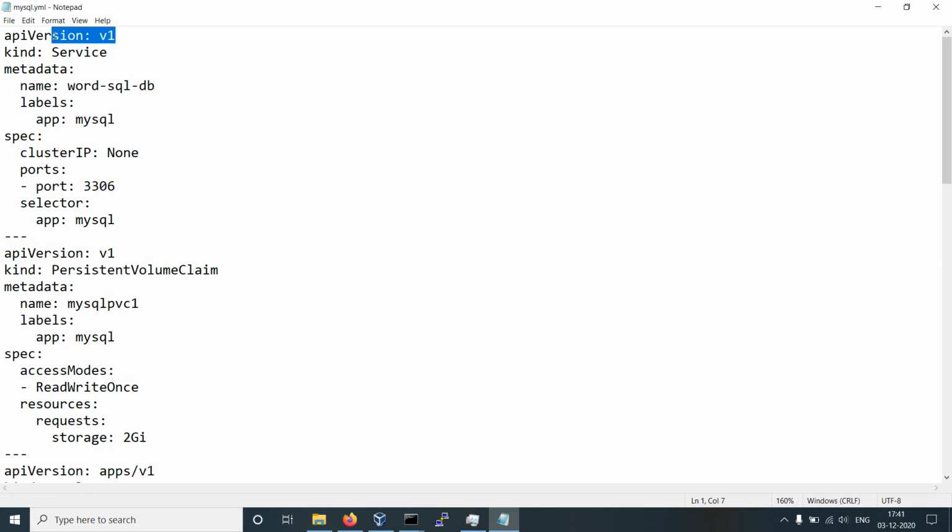So version v1, kind Service, metadata name MySQL DB. We have given a service name, MySQL DB. Labels app MySQL. Spec clusterIP: None. This is useful. We have to write clusterIP colon None, so that the MySQL pod only communicates with internal